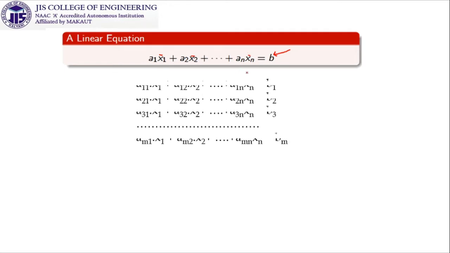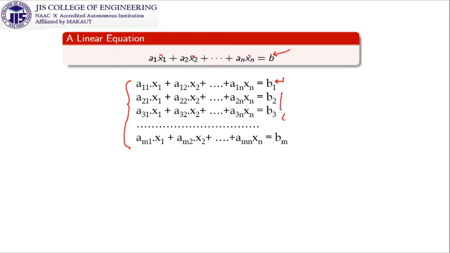So if I want to see what the system of linear equations is, it will contain equations all of which are linear. So it is a11 x1 plus a12 x2 plus dot dot dot a1n xn is equal to b1. If the first equation is clear, then all the equations are of the same type. Look at this.